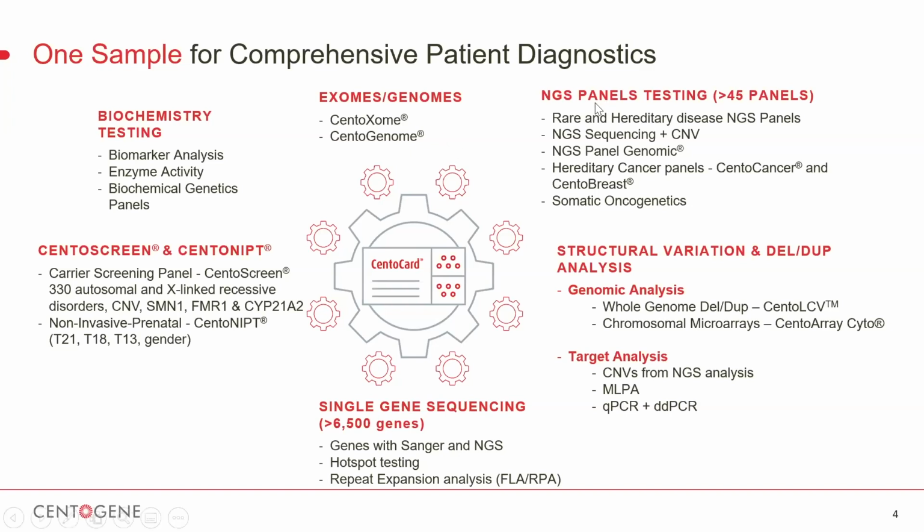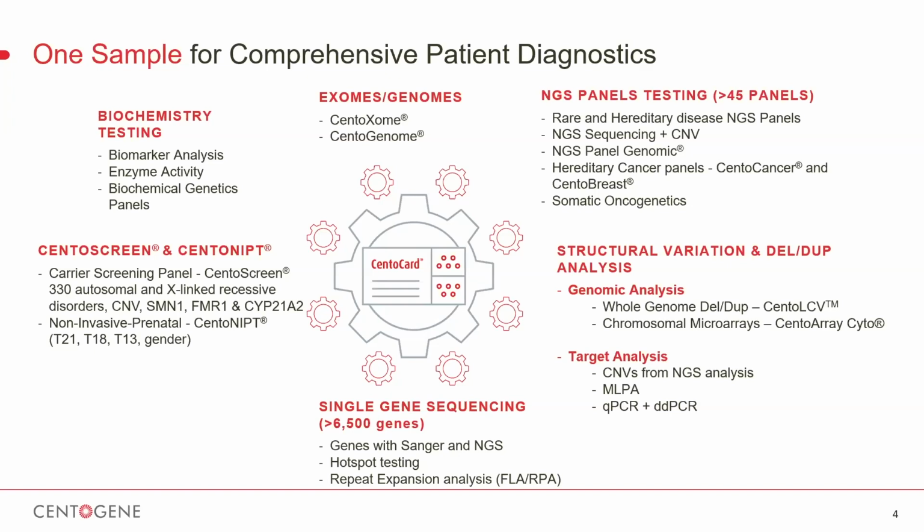Regarding the specialties in medicine, we also offer a diverse portfolio including more than 45 panels covering most of the medical specialties and different clinical presentations. And since August 2020, we have integrated the copy number variants in the platforms of our panels. Also, part of our panels are concerned with cancer, with hereditary cancer panels, and we also have somatic oncogenetic panels.